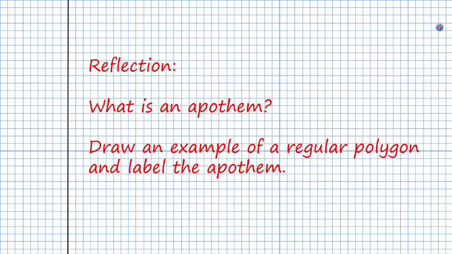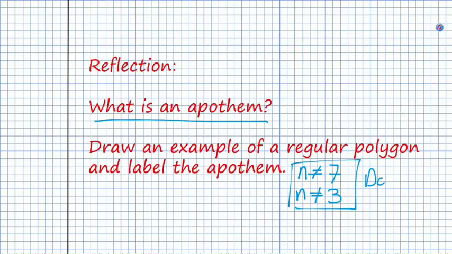All right, so for your reflection, first I want you to define an apothem, and then I want you to draw an example of a regular polygon and label the apothem. You're not allowed to use a figure with a side of 7 or a figure with a side of 3 because we've already seen those. So don't use those. But any other side figure, if you want, draw it. And make sure that you label the